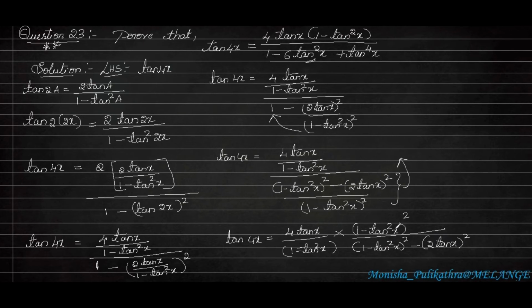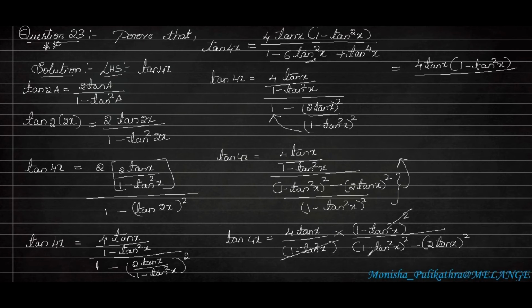So here also 1 minus tan square x is there. Here also 1 minus tan square x. So here square is there, means twice the term is there. We will be cancelling only 1 in that. So we will get 4 tan x into 1 minus tan square x, because square means two similar form will be there. One we have cancelled it, so 1 will be remaining, 1 minus tan square x divided by here.